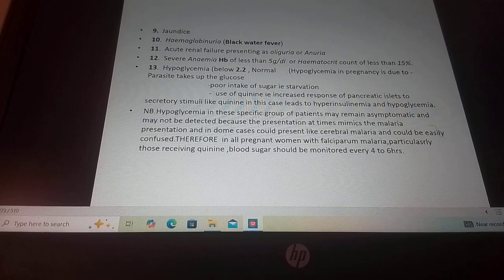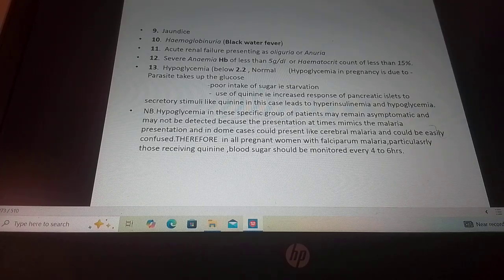So in pregnancy, it is due to, one, the parasite will take up the glucose. Two, there is poor intake of sugar, especially in starvation. Three, we have the use of quinine, and that's why quinine has been questioned. In the management using quinine, you really have to be keen so that you don't fall into these traps. When you are using quinine, make sure you give dextrose so that you are able to counteract this. Increased response of pancreatic islets to secretory stimuli like quinine, in this case, will lead to